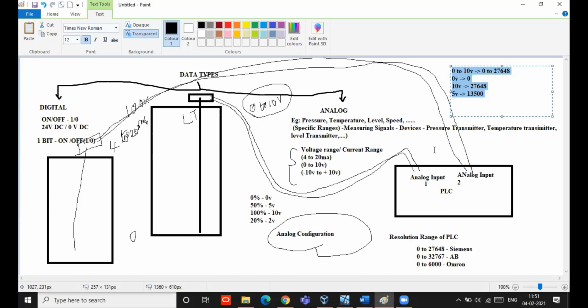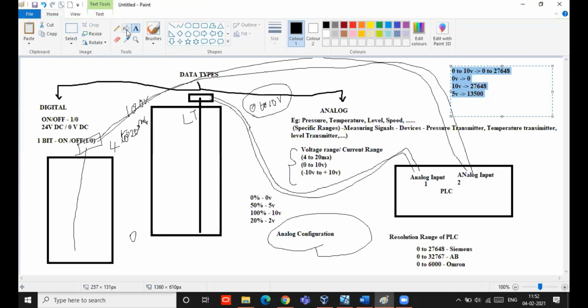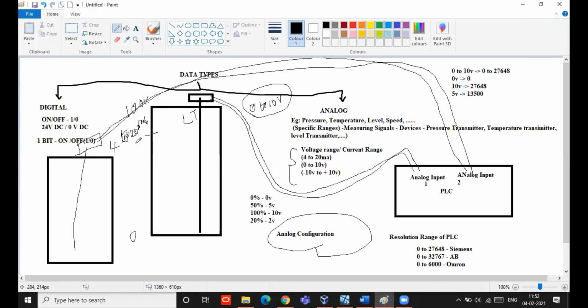For example, in my process, the set point is 80%. Then what is 80% of 27,648? That I have to take. If my set point is 50%, what is 50% of 27,648?